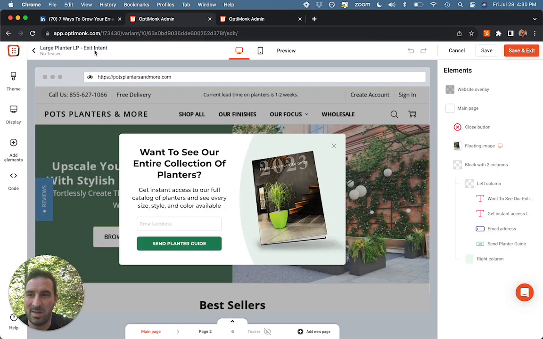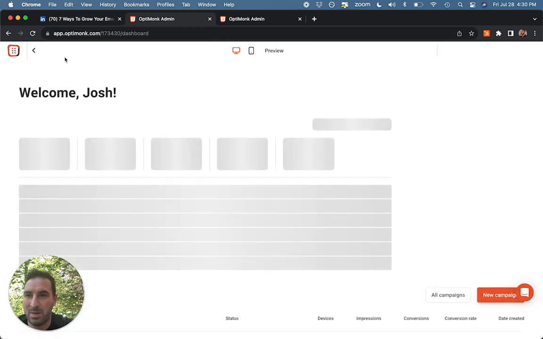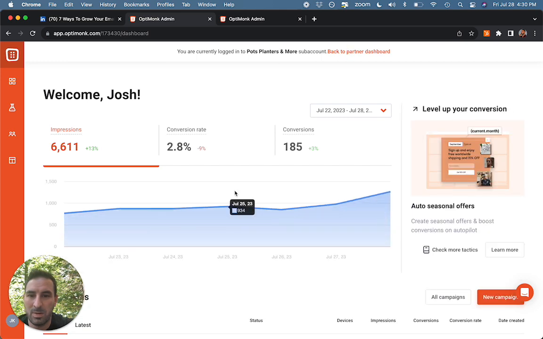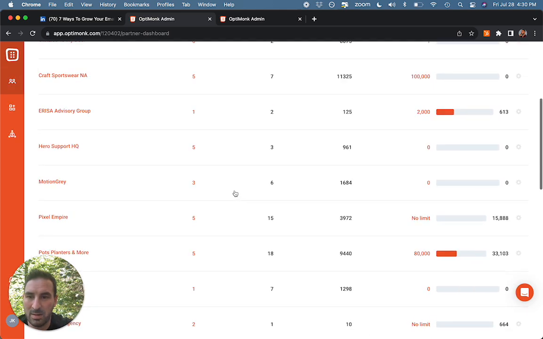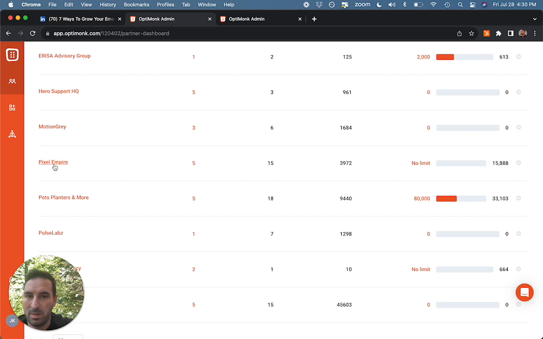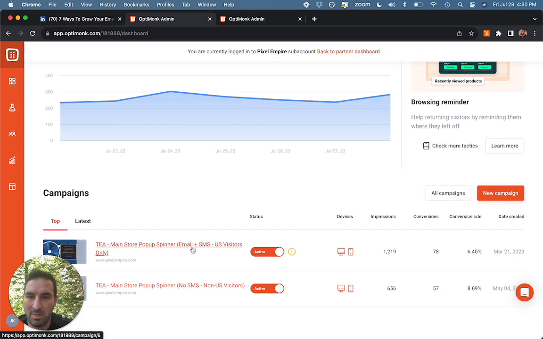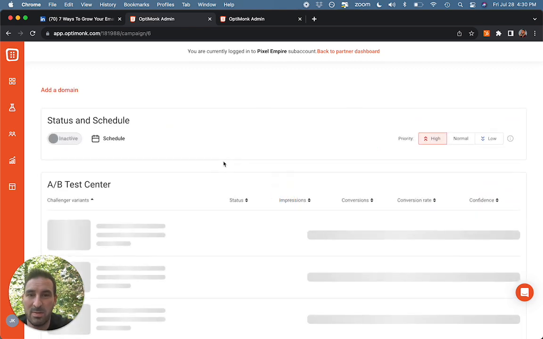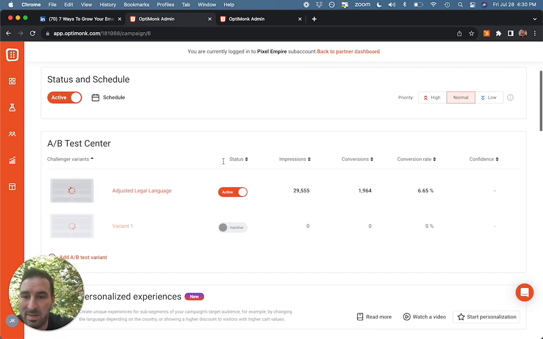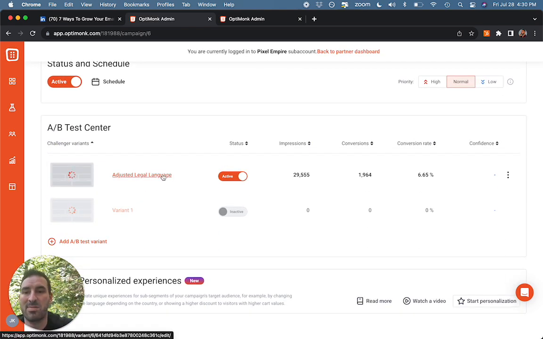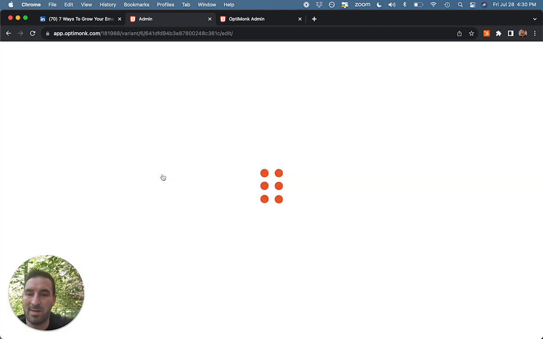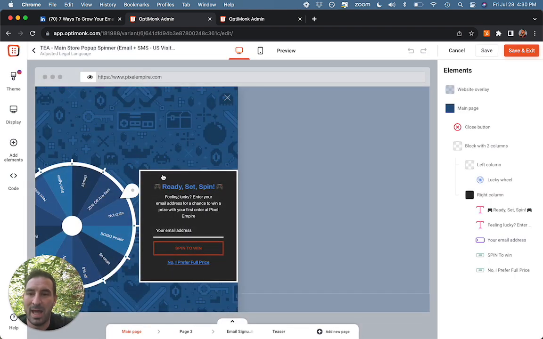So let me show you an example here. Pull up an account that has, okay, so here's one, this is another one of our clients at this store, because they're selling lower priced items for the most part, posters and apparel and things like that related to pop culture and gaming and things like that. So